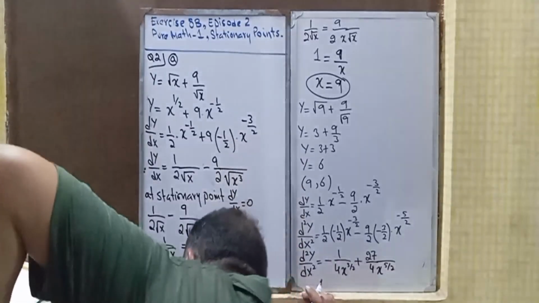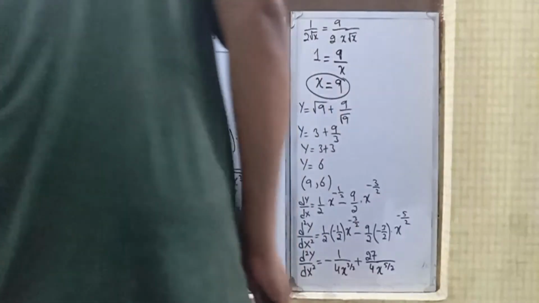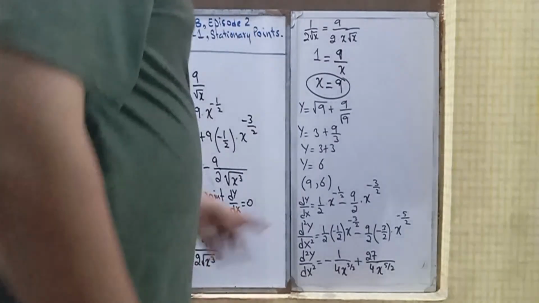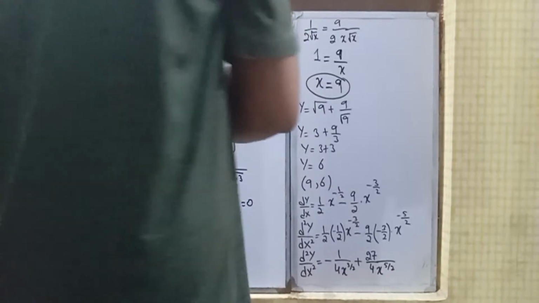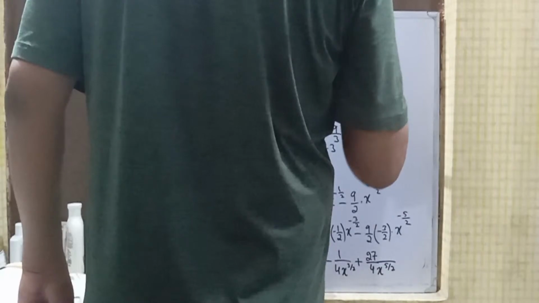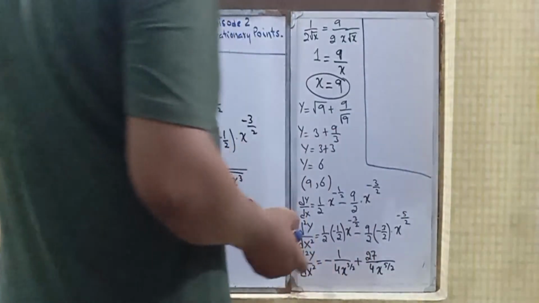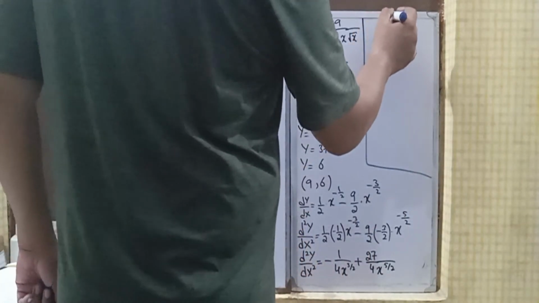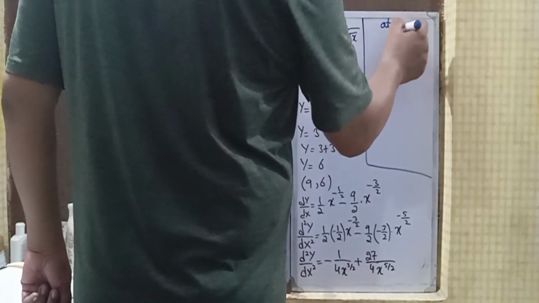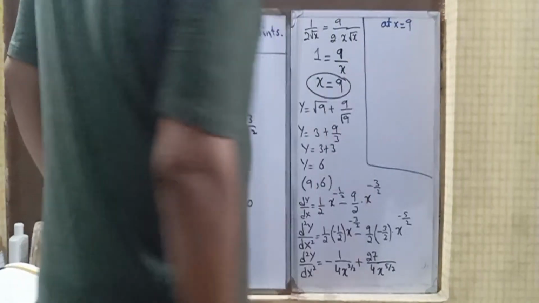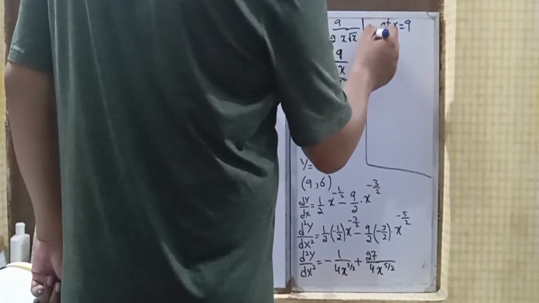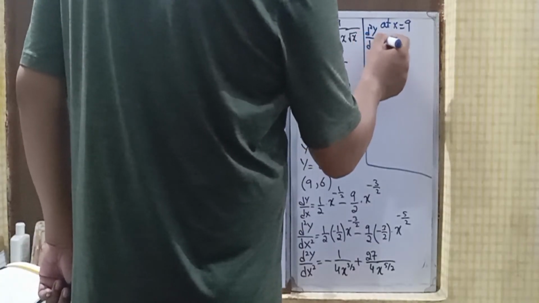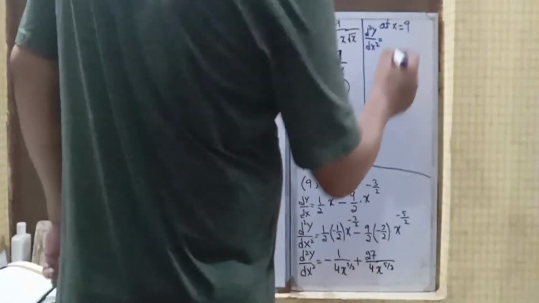Okay, now I have to decide. I have found the second derivative, and after finding the second derivative, I have to decide upon the nature of this. To find the nature, in the second derivative, I will put the x value at x equals 9. So my second derivative is this: d²y/dx²